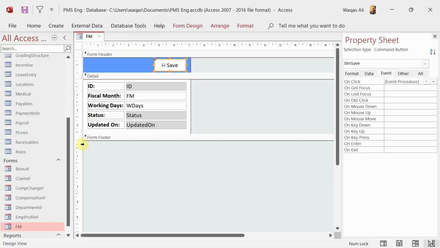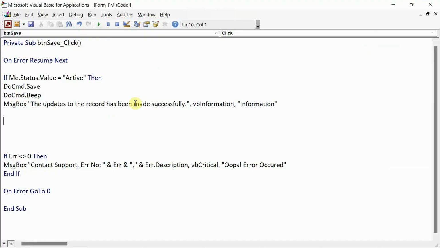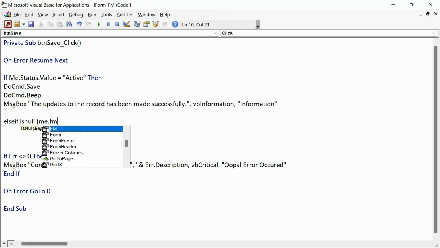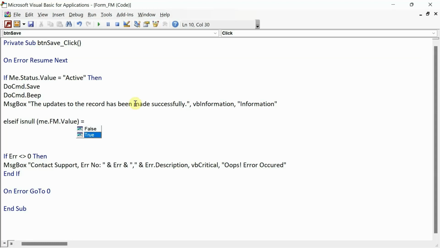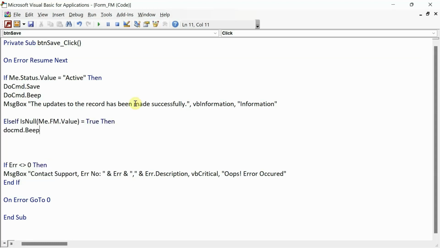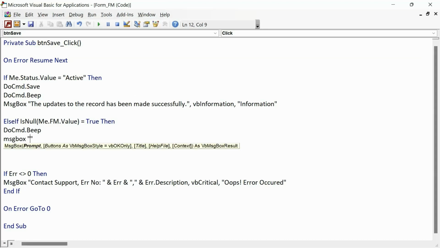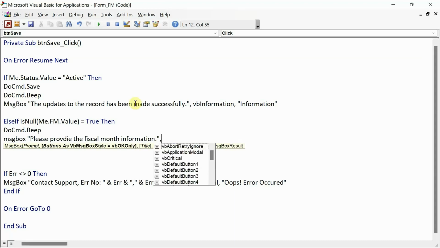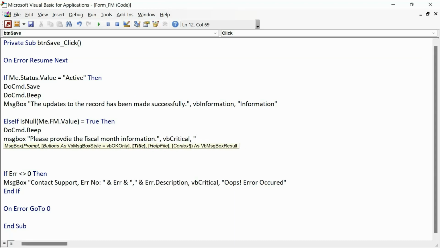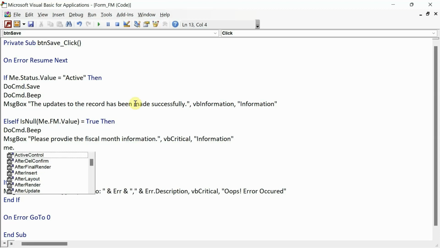Okay, next I want to check if any of these two fields is empty. So else if IsNull, it's null, me.fm.value is equal to true, then do DoCmd.Beep, message box, please provide the fiscal month information. Okay, that would be critical because it's an error, and the header would be, now I will set the focus as well,